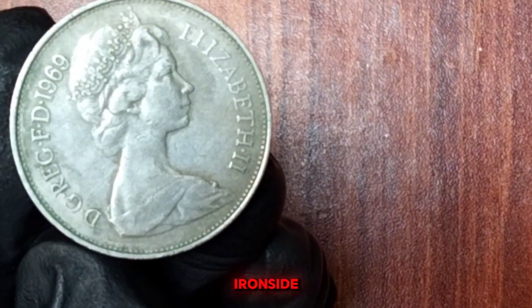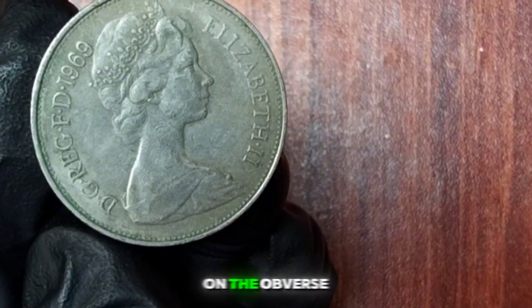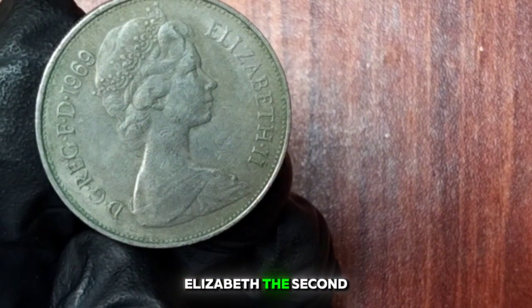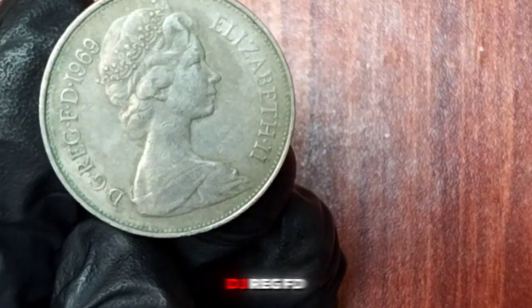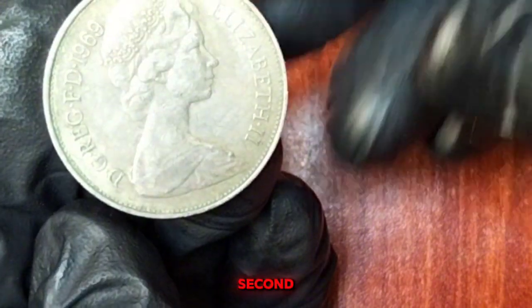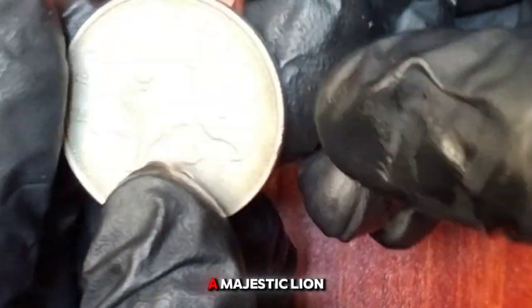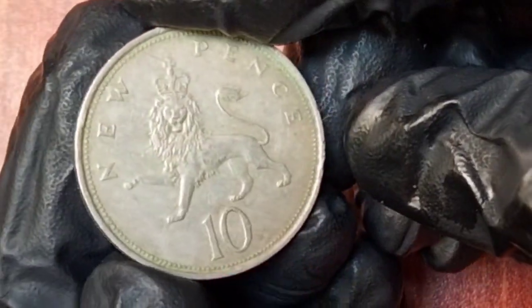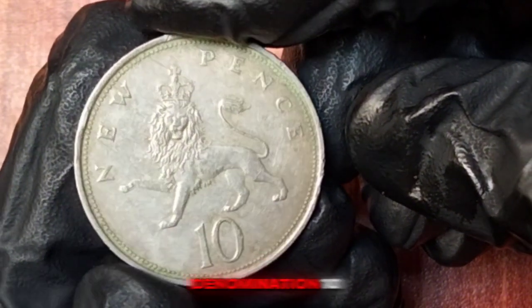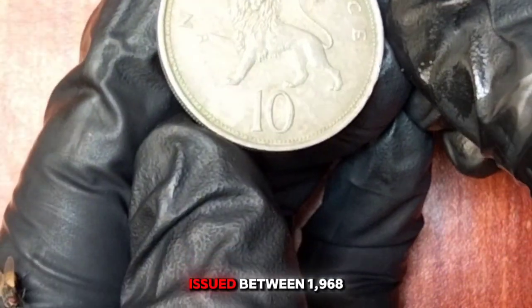Designed by Christopher Ironside, the 1969 10 pence coin features a portrait of Queen Elizabeth II on the obverse, with the inscription Elizabeth II DG, Reg, FD, which stands for Elizabeth II Dei Gratia Regina Fidei Defensor, meaning Elizabeth II, by the grace of God, Queen Defender of the Faith. The reverse showcases a majestic lion, symbolizing strength and courage. Along with the denomination 10, this design was standard for the larger size 10 pence coins issued between 1968 and